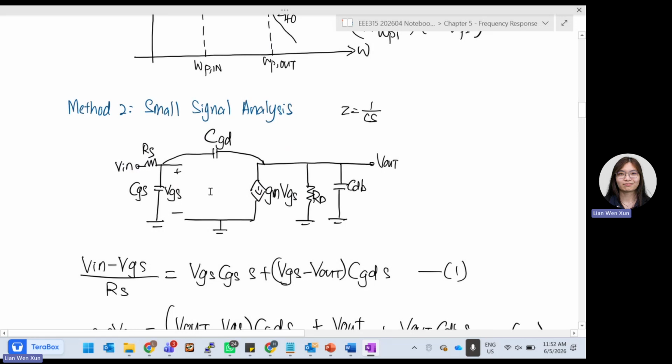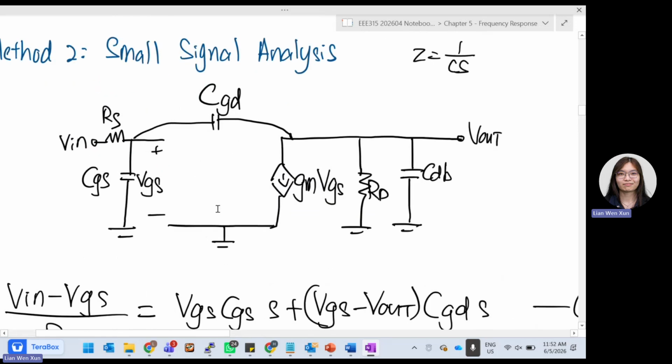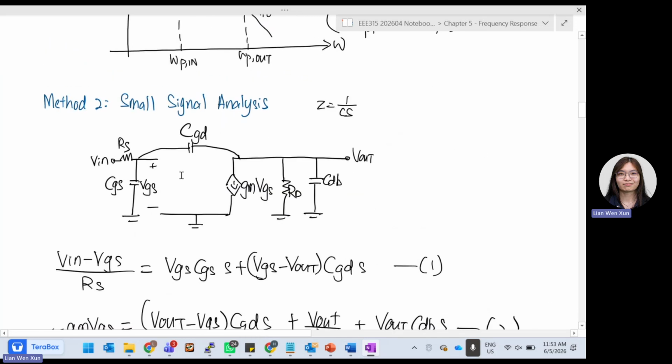Okay, so let's go into the small signal model directly. The first method is poles by inspection. The second method is small signal analysis. So we have drawn this small signal model just now. For small signal analysis, probably we don't even need Miller's theorem to split the capacitor. We can do it directly. So based on this circuit,